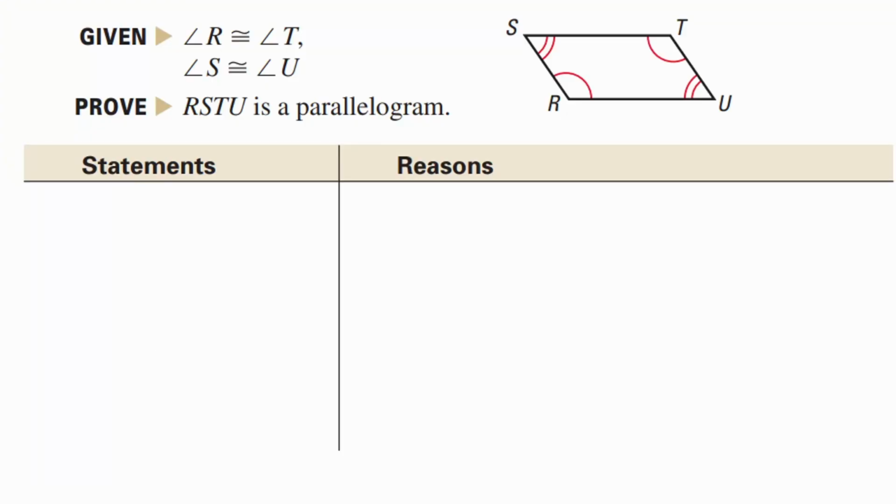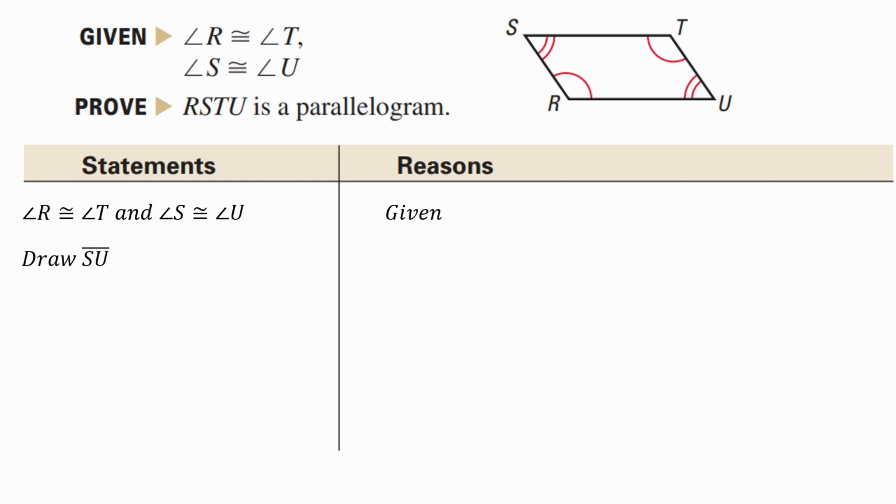Here we're given that angle R is congruent to angle T and angle S is congruent to angle U. You're going to prove that RSTU is a parallelogram. Let's start with our given information here. We know that angle R is congruent to angle T, and we know that angle S is congruent to angle